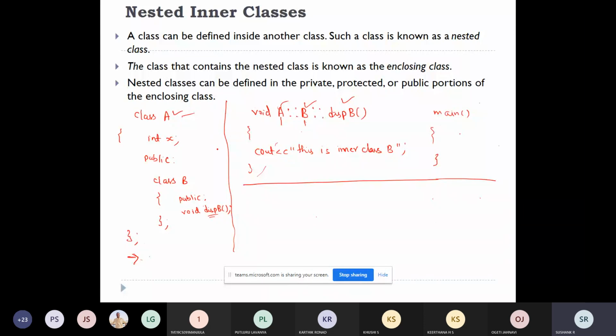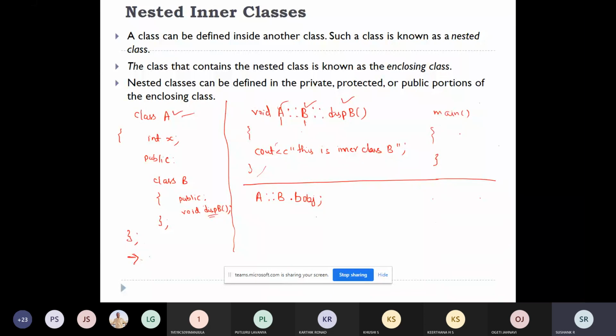For that, you can take it as class A, sorry, it's not colon, it's scope resolution B. Then I'll write it as B object. So now here B object is an object of class B.